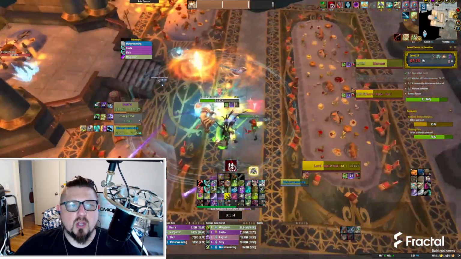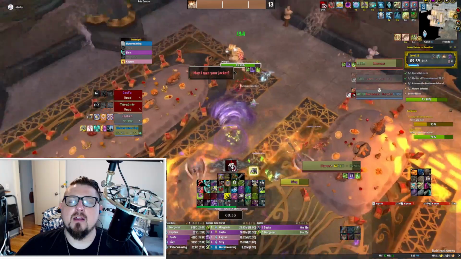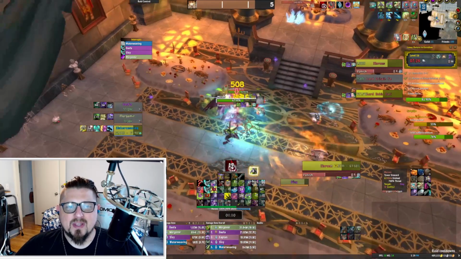So let's jump into a quick overview. One of the abilities Morose casts is called Coat Check. It comes with the tagline, "may I take your jacket," and also has this purple swirly animation. This debuff can be dispelled, but if your healer is preoccupied, tank, this is when you want to be ready to use your defensives. Every so often, Morose will cast Vanish, exactly like a Rogue's Vanish, and then a second